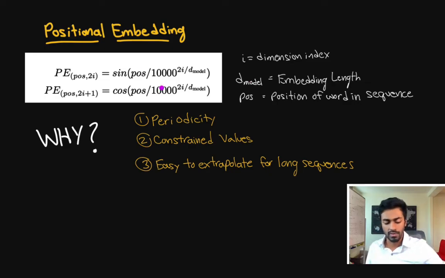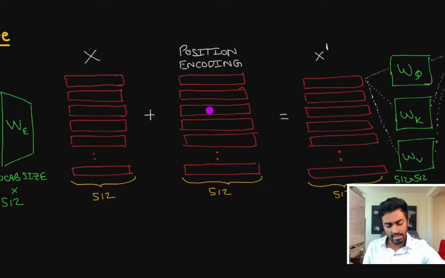The first reason is periodicity. Sine and cosine functions are periodic functions, so they will repeat after some point of time. What this means is that, let's say we want to look at this positional encoding for this specific word, that is the third word. Let's say that at some point we're going to compute the attention matrix and try to determine how much attention this word should pay to all other words. Now during this phase, because of periodicity, this word is going to be able to pay attention to, let's say, 5 words after it, and then 10 words after it, and then 15 words after it in a much more